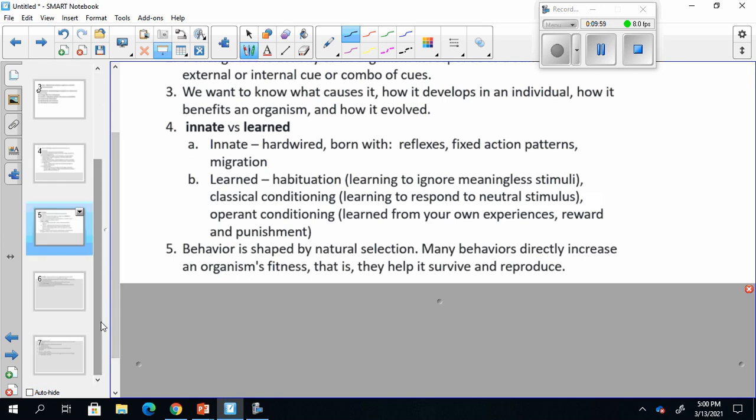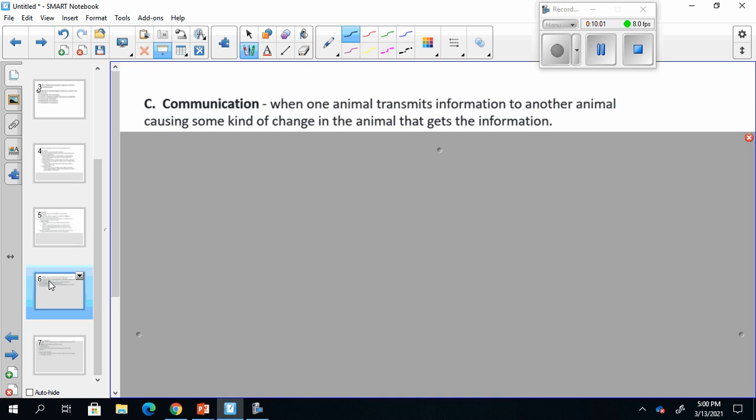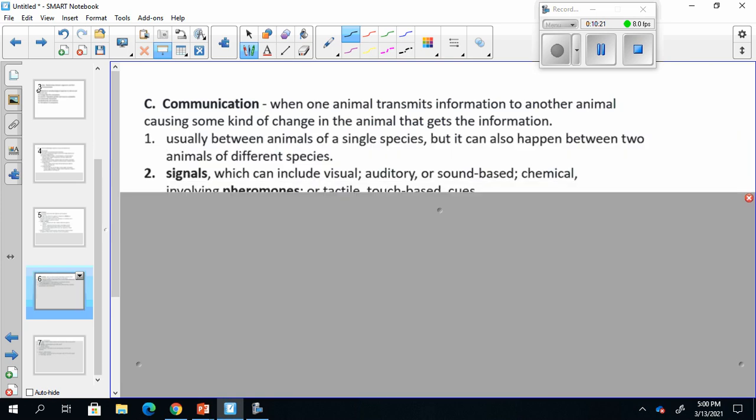All right, moving right along. Next, communication. This is a really basic idea, and I think you're probably very familiar with everything we're going to do in this ecology unit, which is nice. Last unit of the year, if things seem pretty familiar, that's a fabulous thing. But communication is just a way to transfer information from one organism to another.